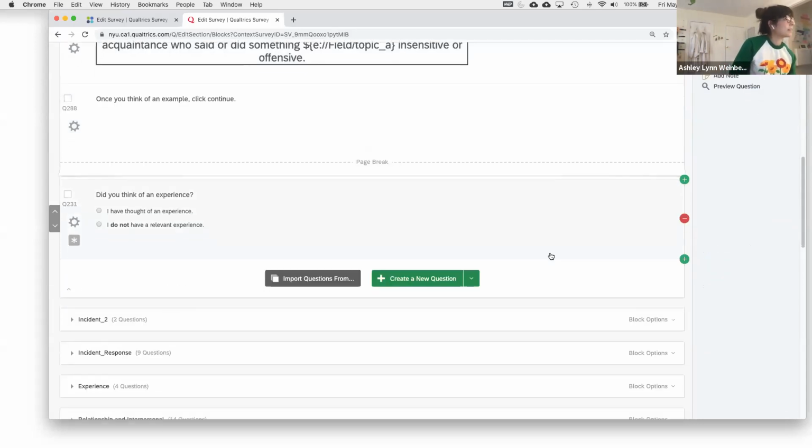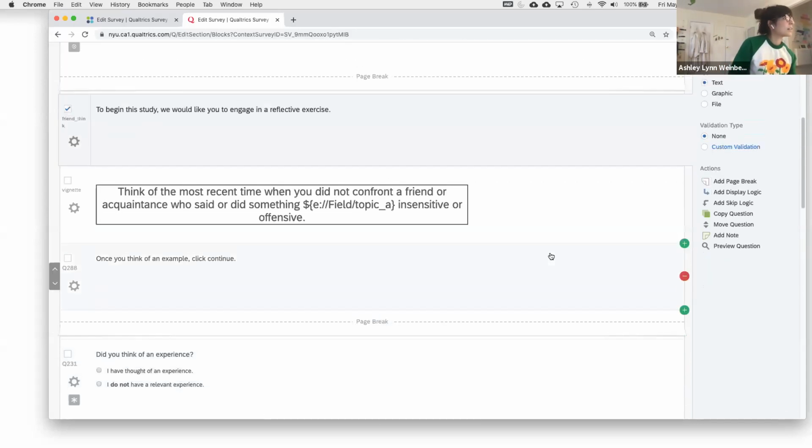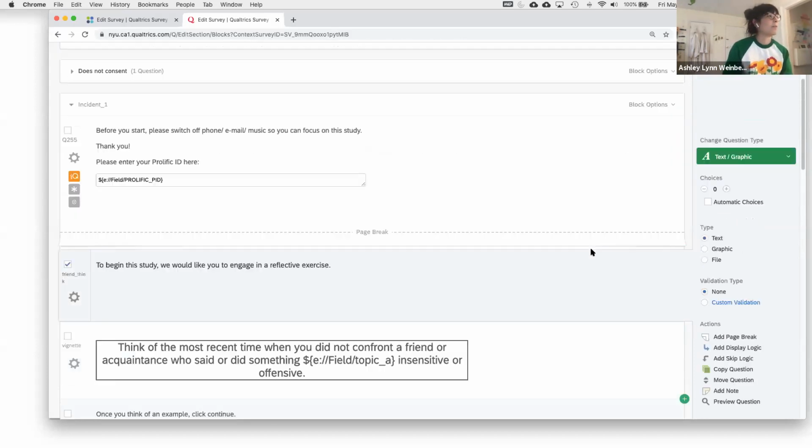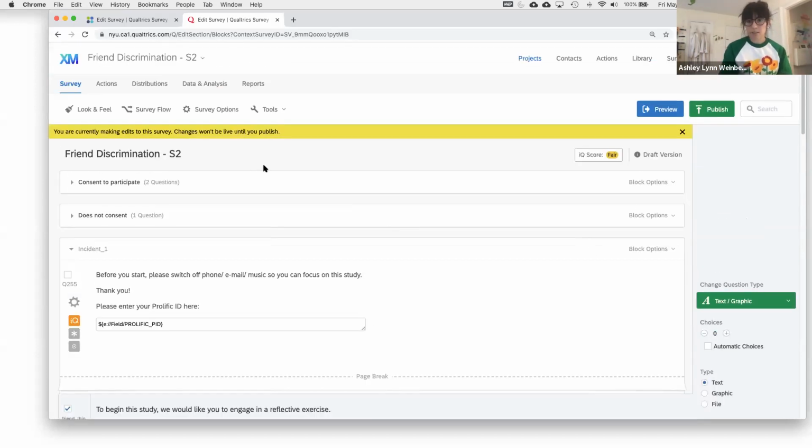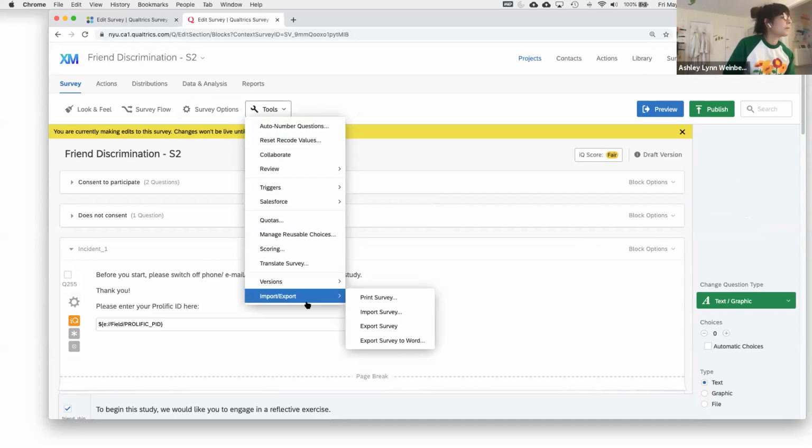Let's see. And you know what? I think this might be a good time to mention something that can be problematic sometimes, and this is specific to Qualtrics. When you do download the data,